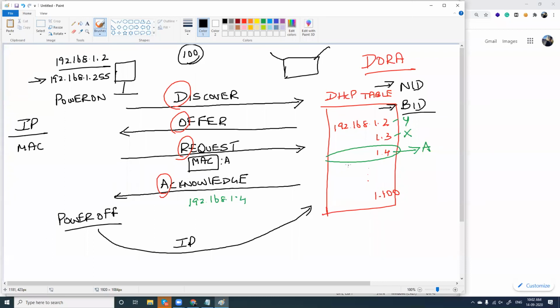That is why it is called dynamic. Dynamic means only when there is a need, it will use. When there is no need, it will return the IP address. This is the dynamic way of assigning IP addresses, and the DORA process.